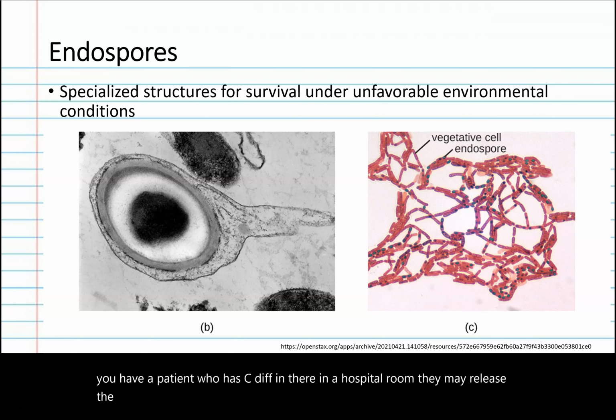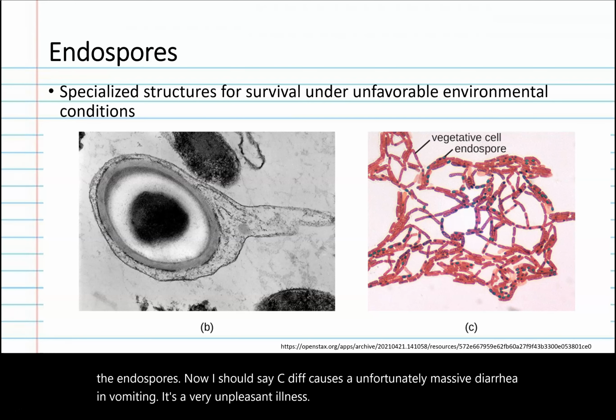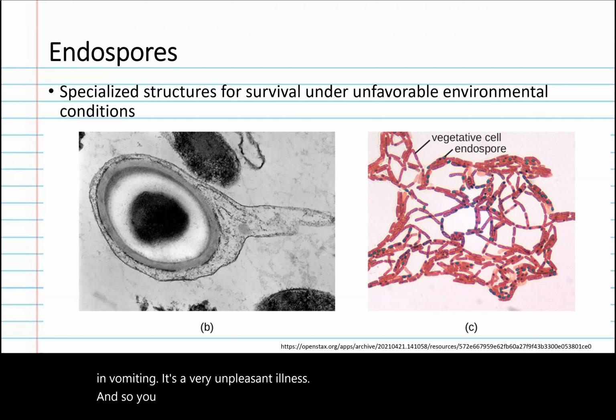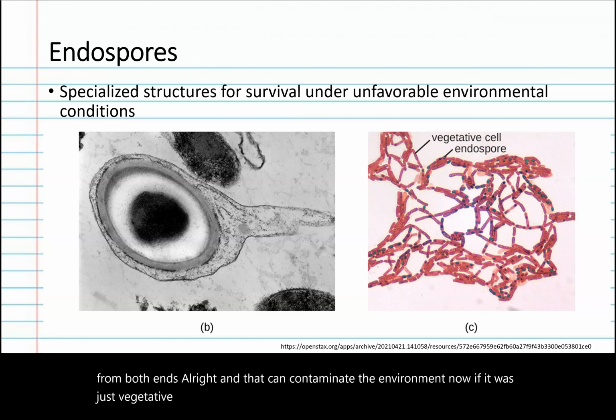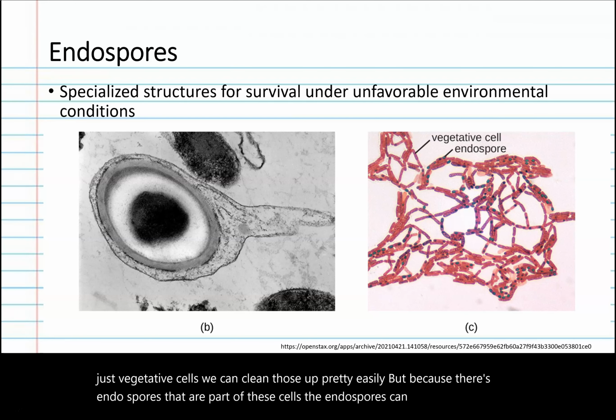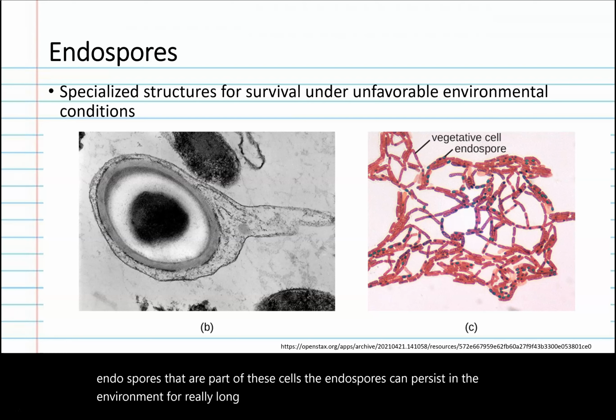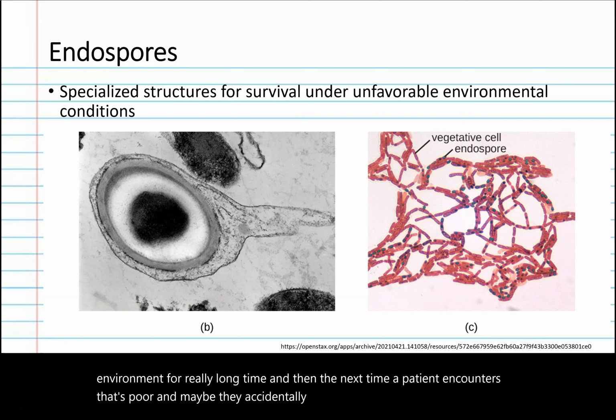Now, I should say, C. diff causes, unfortunately, massive diarrhea and vomiting. It's a very unpleasant illness. And so you get endospores and bacteria released from the patient, essentially from both ends, all right? And that can contaminate the environment. Now, if it was just vegetative cells, we can clean those up pretty easily. But because there's endospores that are part of these cells, the endospores can persist in the environment for a really long time. And then the next time a patient encounters that spore, and maybe they accidentally ingest that spore,